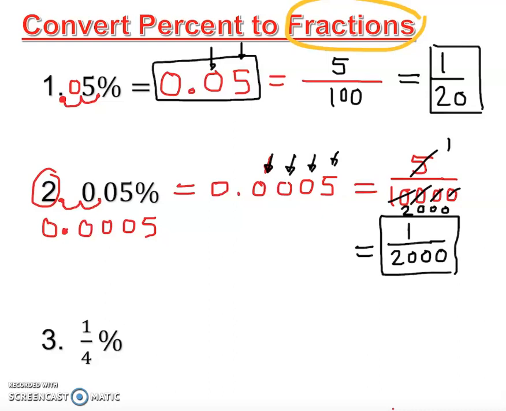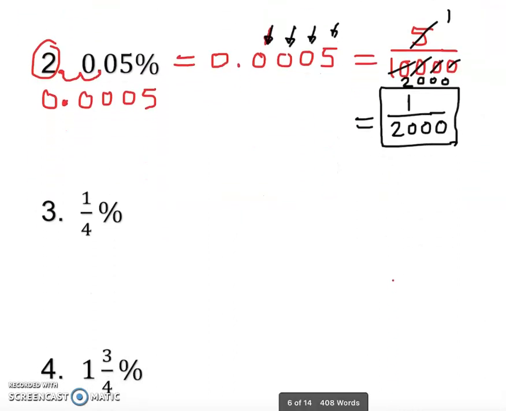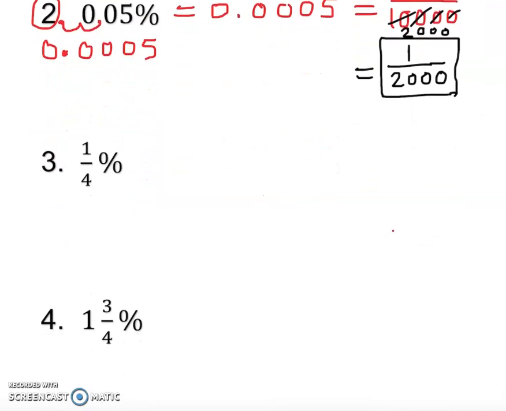Okay, I hope you understand how to do this problem. Now I'm going to move to the 3 and 4. So 3 and 4 is almost similar, right? This one is a fraction. So well, first of all, I mentioned